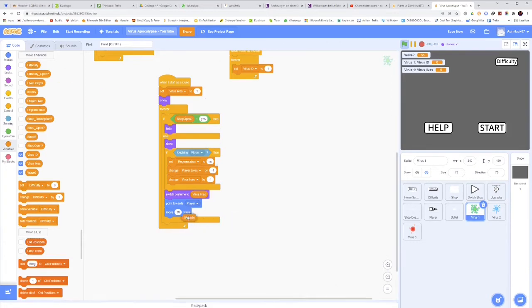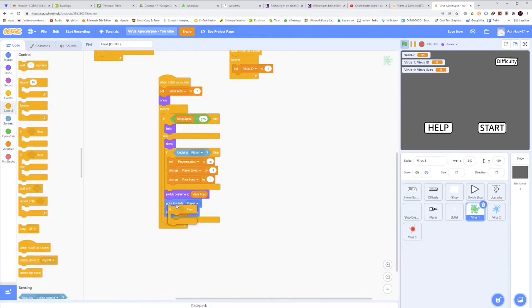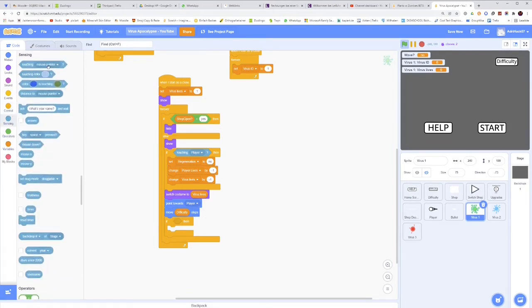And again, if the difficulty is 1, it's an easy, so it will only be 1/3 as fast as it would if it were on hard, because then it would be 3. Okay, and then if touching bullet, so if the virus is being shot, if that's right. If touching bullet,